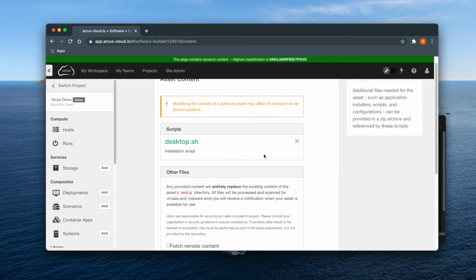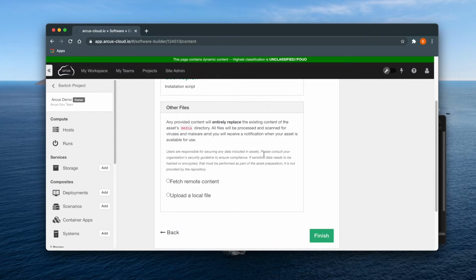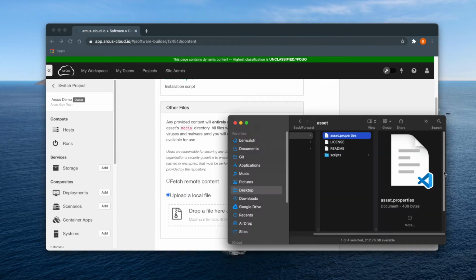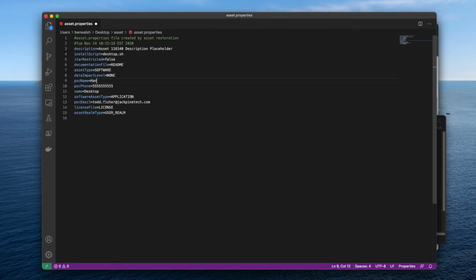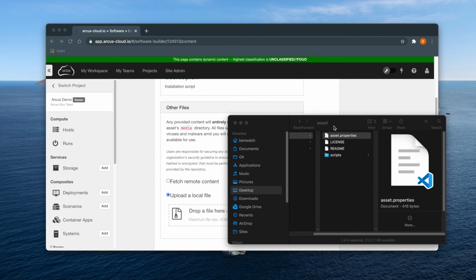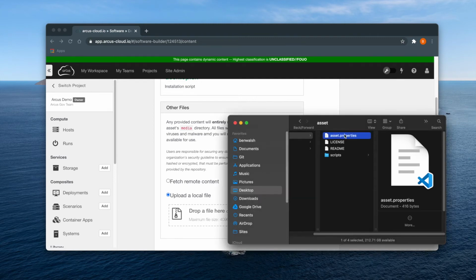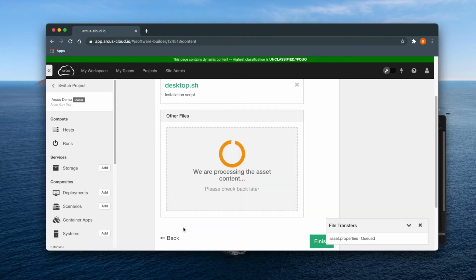Here, you can add or remove the installation scripts or provide a link to remote content, but I'm going to pick upload a local file. In this case, I'm changing the .properties file. And once you've made your changes, drag and drop the updated file into the builder, select Finish, and you will